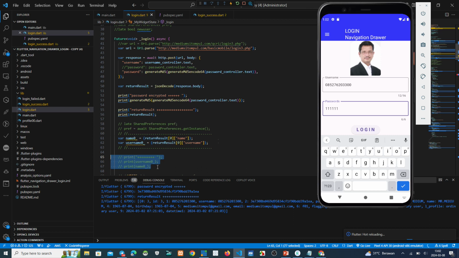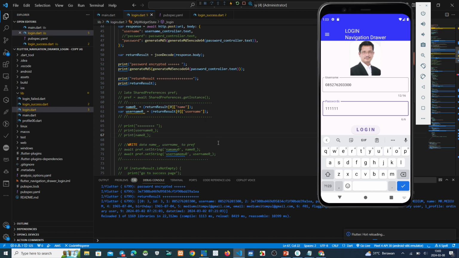After we make a split, we take a username and also password. We unremark this.